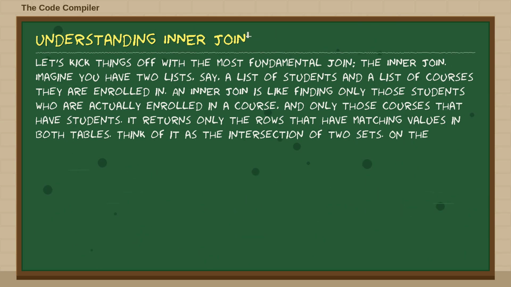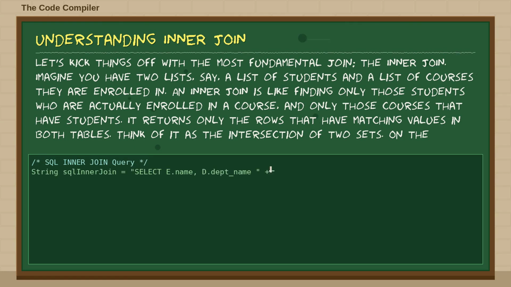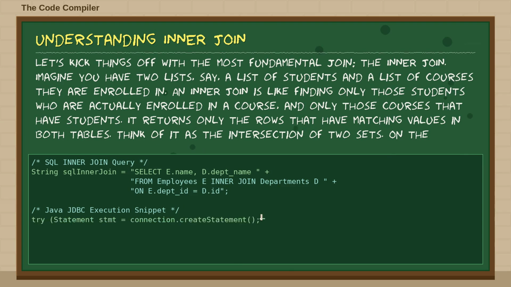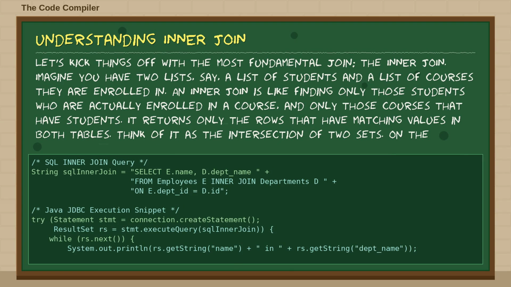On the whiteboard, you can see a simple SQL query for an inner join. We select columns from both tables, specify the tables, and then use the ON clause to define the matching condition, typically a common column like an ID. Below that, you'll see a Java snippet demonstrating how we would execute this SQL query using a JDBC statement and